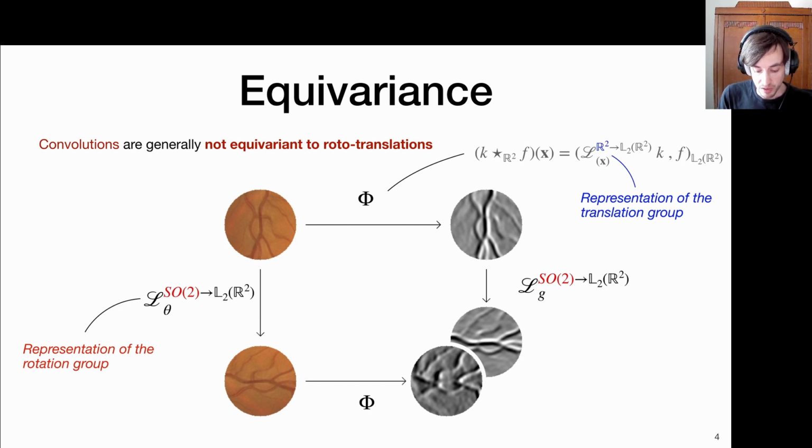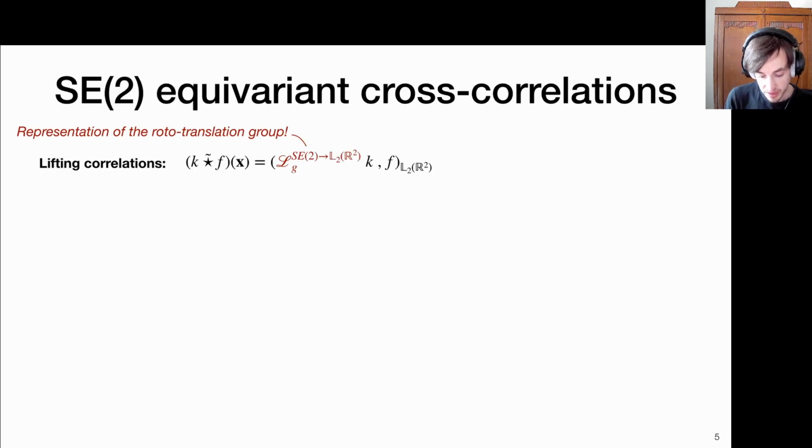as to be able to make this commutation diagram work for both translations and rotations. Okay, so let's do that. So let's define a lifting correlation, which is then defined in a similar way. We have a convolution kernel K, which we're going to transform by the action of the rotate translation group, which rotates and translates it, and keep making these inner products, or measuring the similarity between the shifted kernel and the